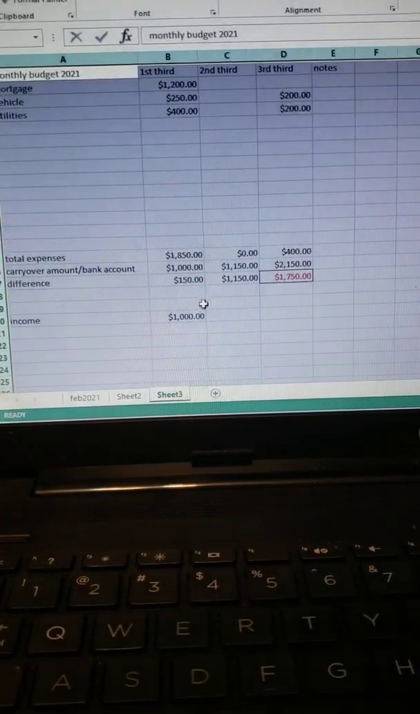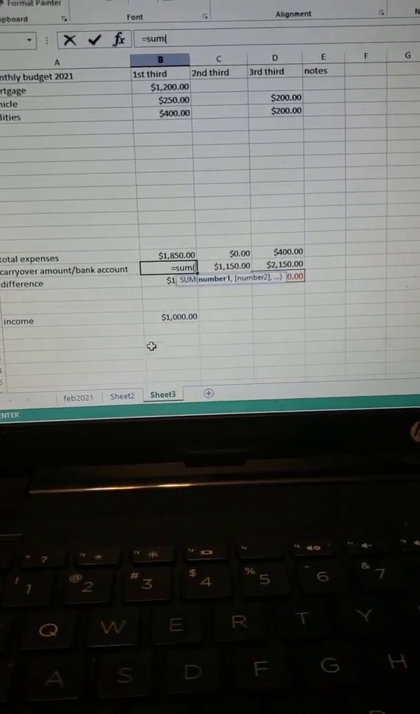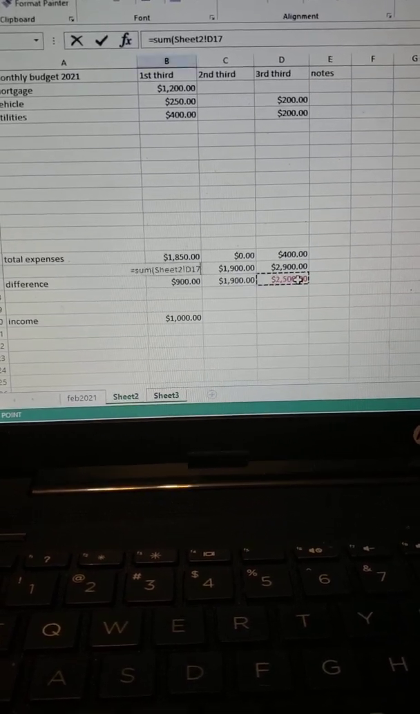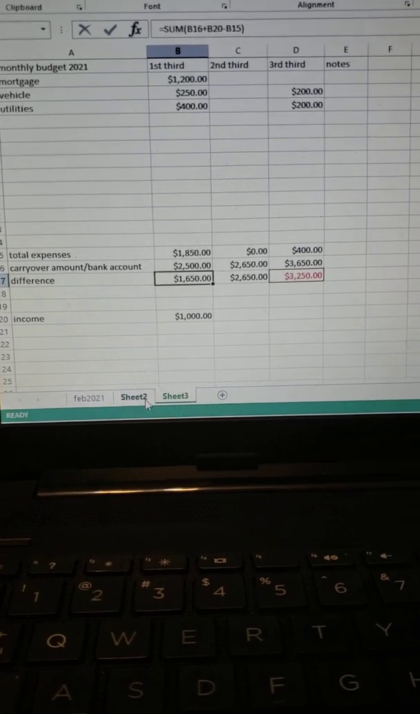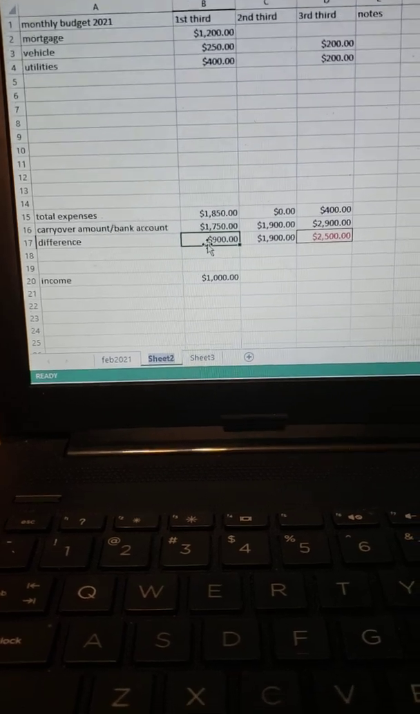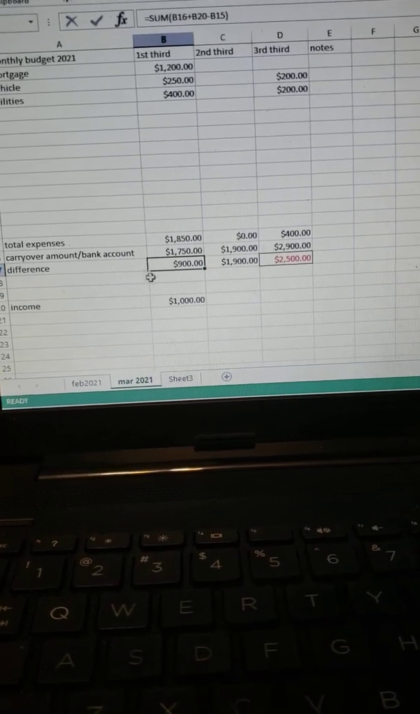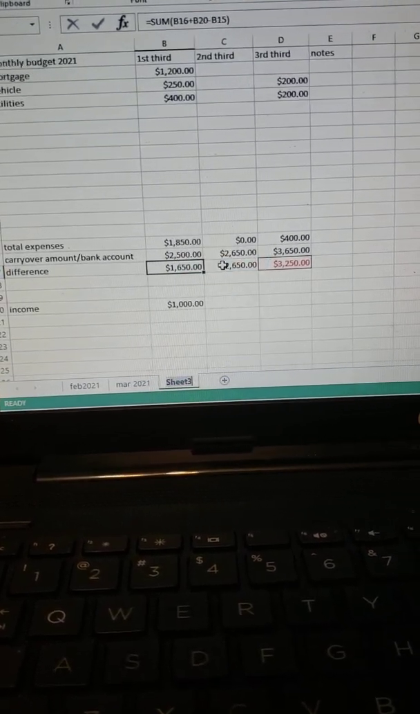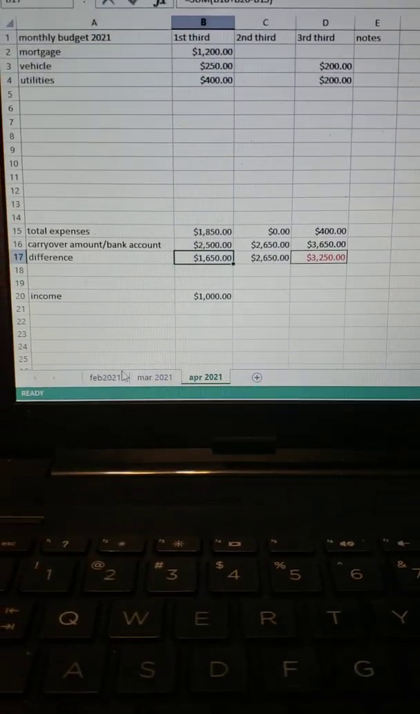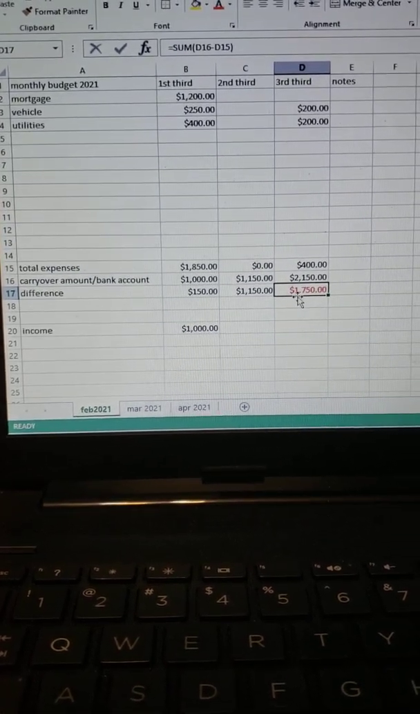Now go into sheet 3, do that too. Equals, sum, begin parenthesis, go back into sheet 2, click on that last box, D17, hit enter. Now, just rename your sheets and you're pretty much done. Let's put MAR 2021, enter, and then April APR 2021. So now you can see that that very important cell, D17, is going to be the money that